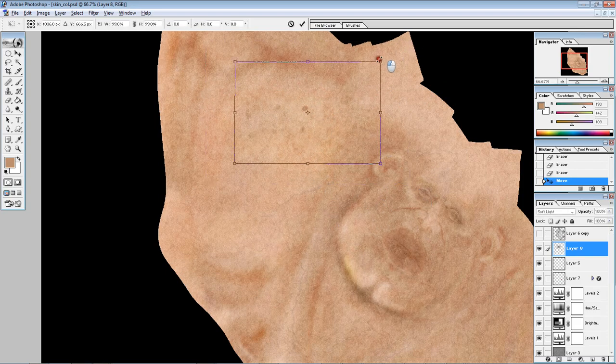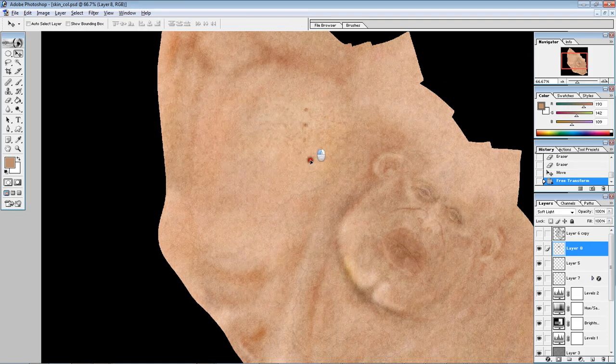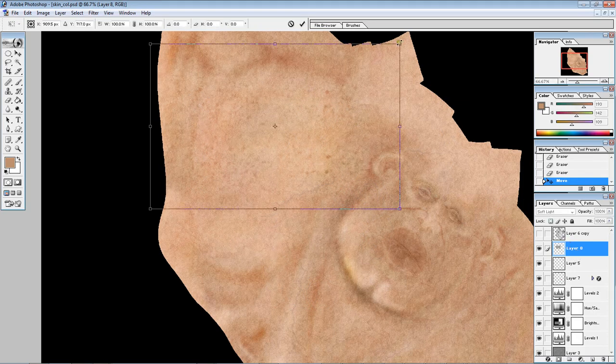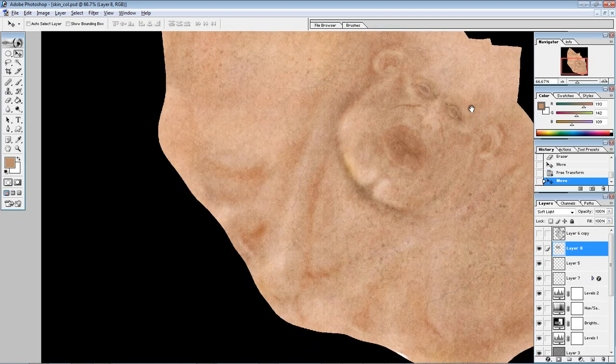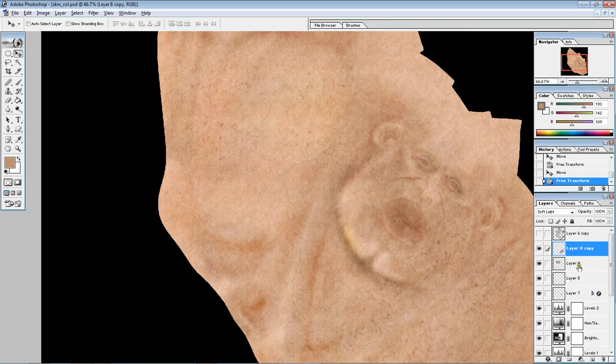So now, scale down, dupe it 4 times, get this repeatable texture. One thing I did, clicked in a few spots to make it not so obvious, and voila, great. So now we'll go through, scale, duplicate it over here, rotate it, and that's all I did over and over and over again